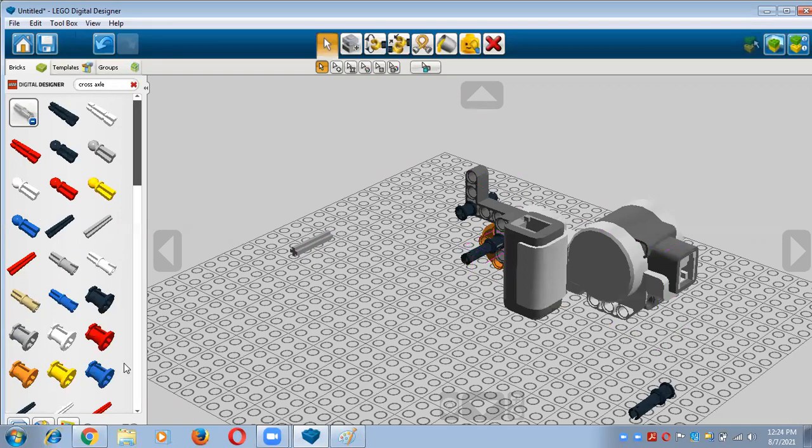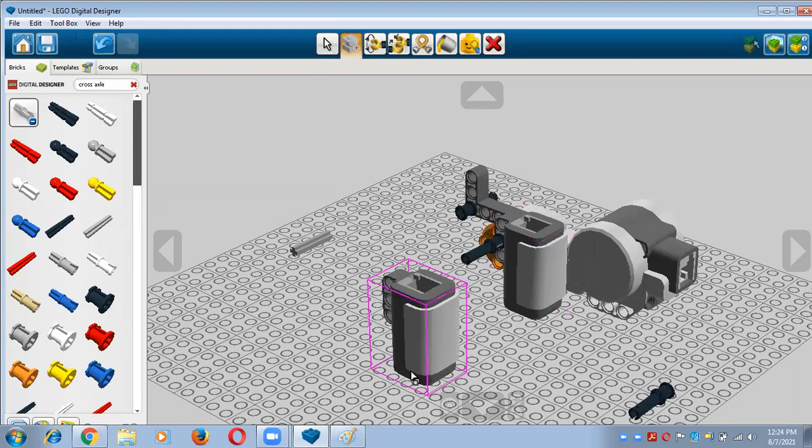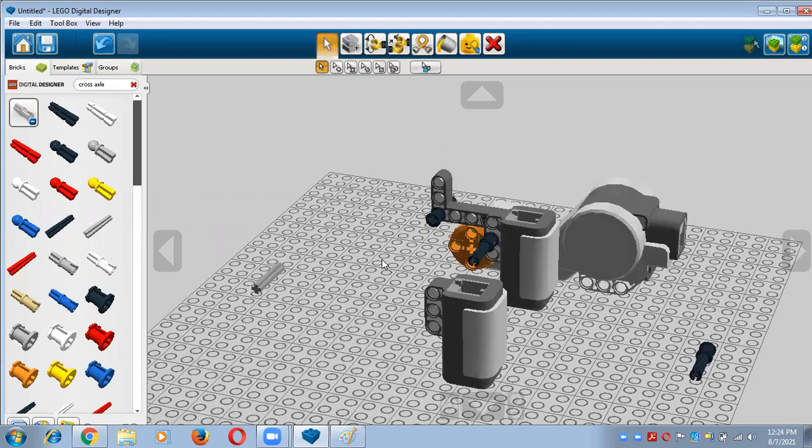So no need to find it again, just clone it. Take the clone tool and after that click on this light sensor and just drag your mouse and you will receive this light sensor. So just take single selection once again because with the help of single selection you can do the task easily. And after that, where you have to use this cross axle, you have to use this cross axle here,